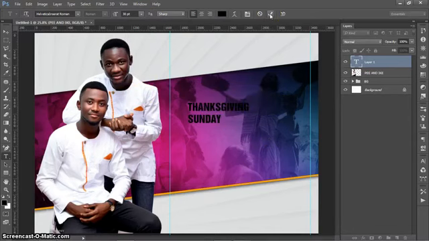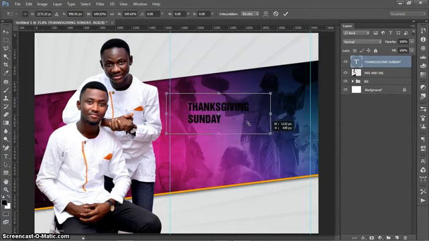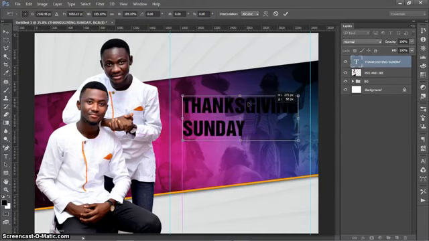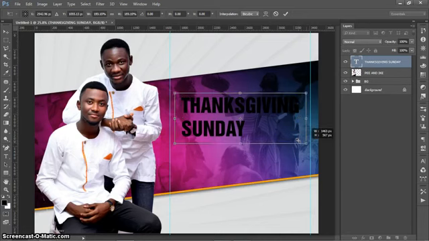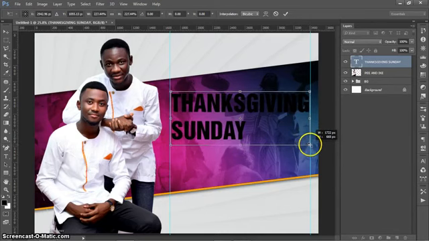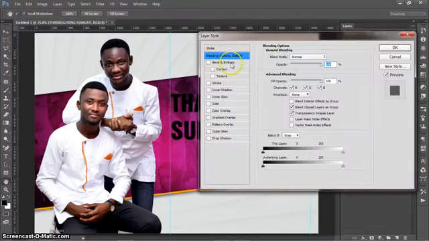So okay, I'll open it a little bit like this, and something like this. So I'll just try and open it wide again. Okay, something like this. Then the next thing I'm going to do is right click on it, go to the blending options, and